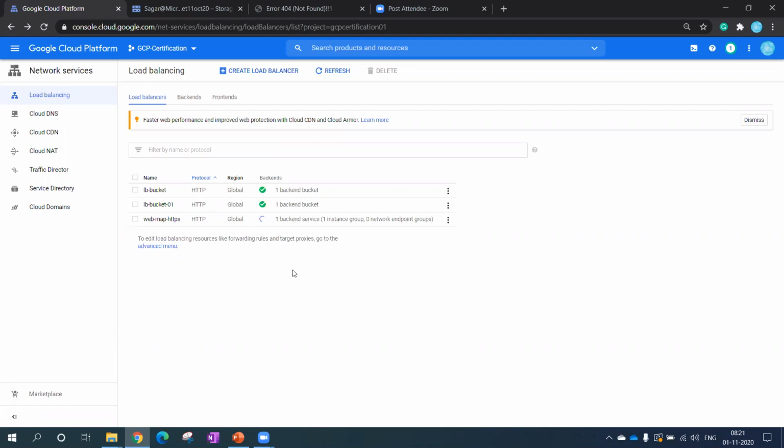The good point about the CDN is that it uses the POP location, or the edge location. Basically, the network is spread across the globe. Whenever any person tries to connect to Google Cloud, the request goes to the POP location first. That time CDN comes into the picture. If you already enabled CDN, based on your location, the POP will take action.